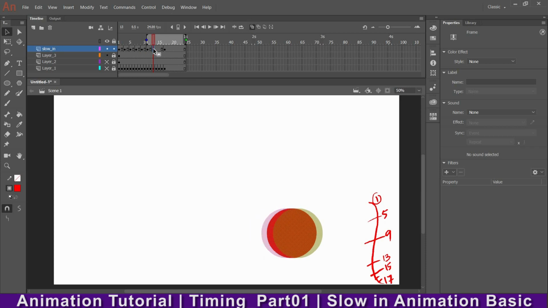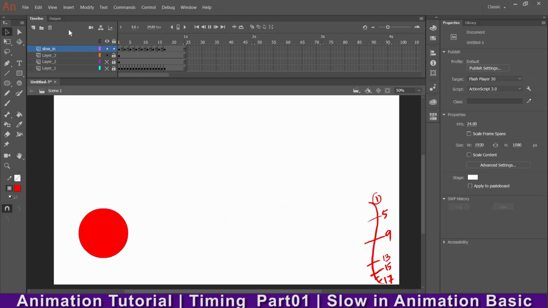So now you can see it is closer, and one more drawing I can place. Okay, so you can see, I need to check once if it is working properly or not. So I'll play and see the difference.